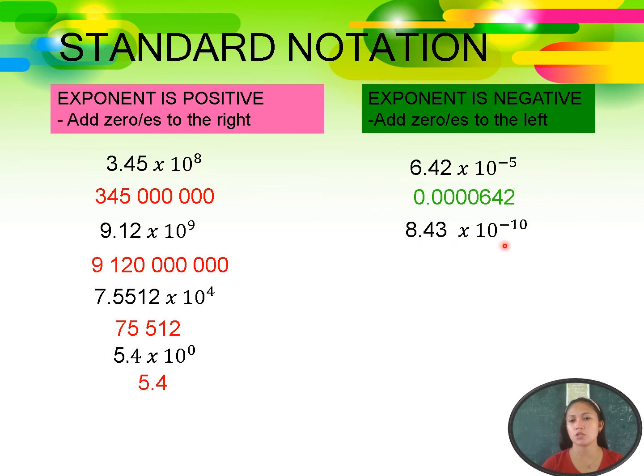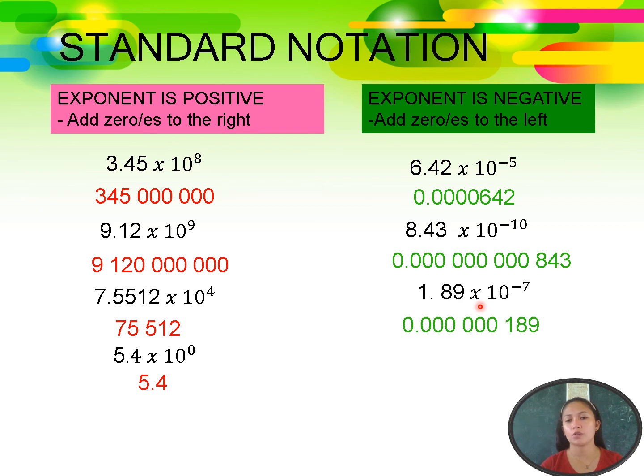8.43 times 10 to the power of negative 10. So we'll move going to the left. So 1, 2, 3, 4, 5, 6, 7, 8, 9, and 10. So then we'll put our decimal point here. So this is now the equivalent decimal notation or standard notation of 8.43 times 10 to the power of negative 10. Another,